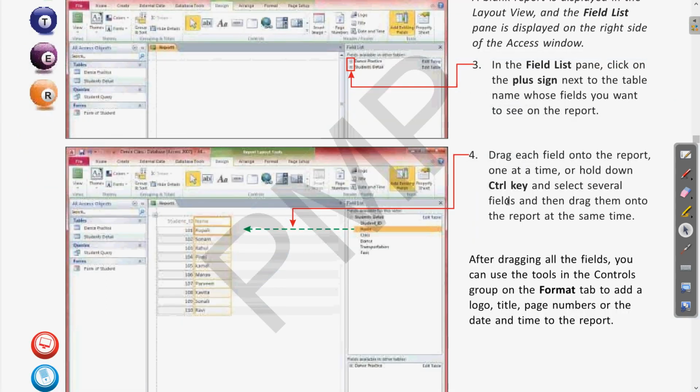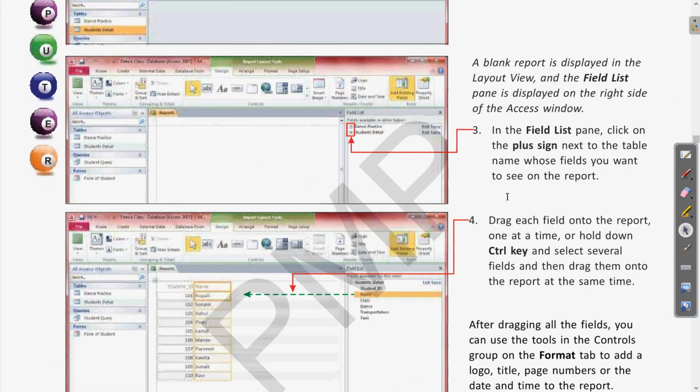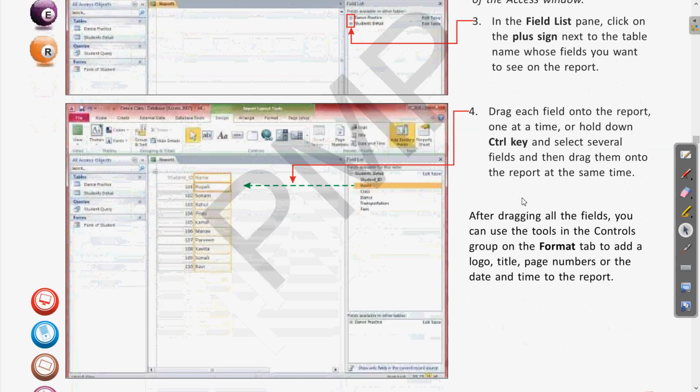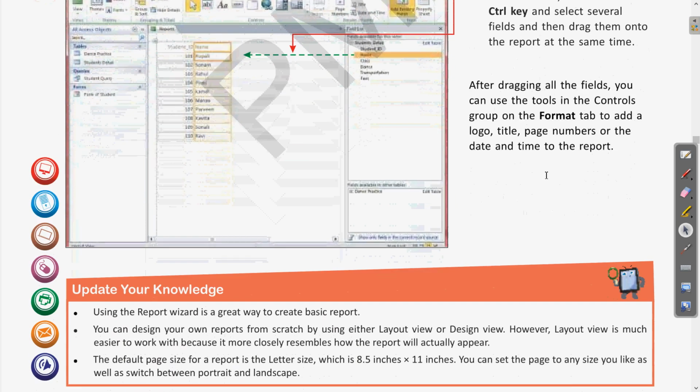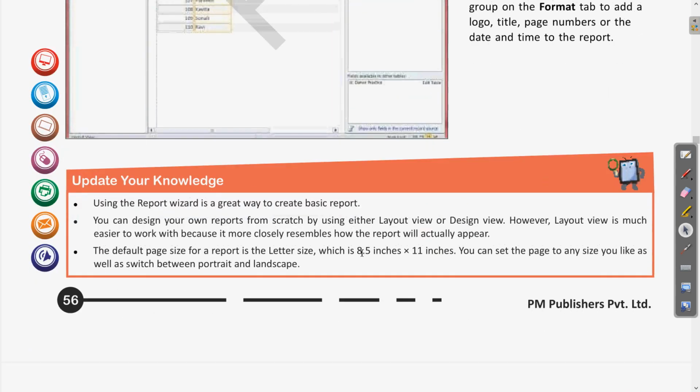Okay, now coming again to the textbook. So these were all the steps which we have just seen. For multiple selection, we can use the control key and then select all the things. Then we have seen this update your knowledge: whatever report is generated is generated in letter size, with the page 8.5 inch in width and 11 inch in length.